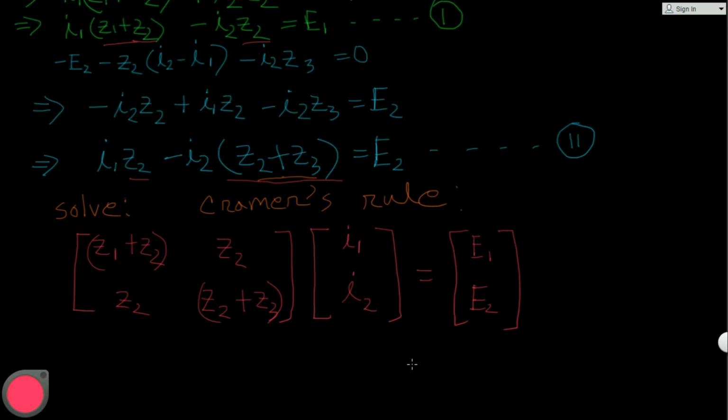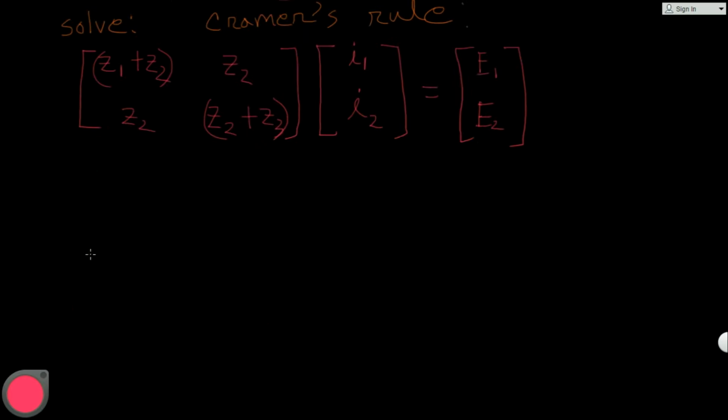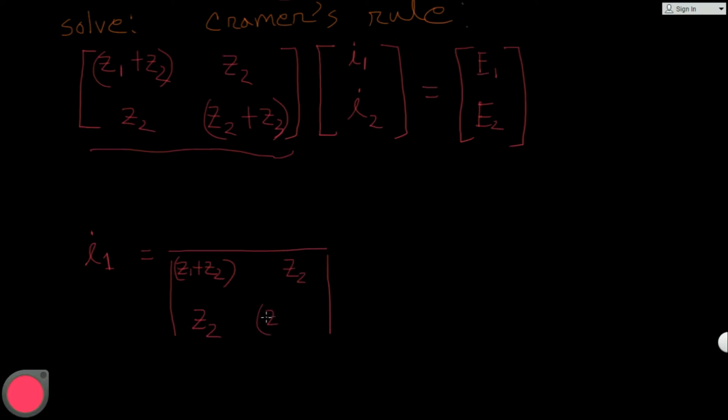So we can write it this way, like I1 equal to the whole determinant of impedance on the bottom. I am writing this whole thing in the bottom,